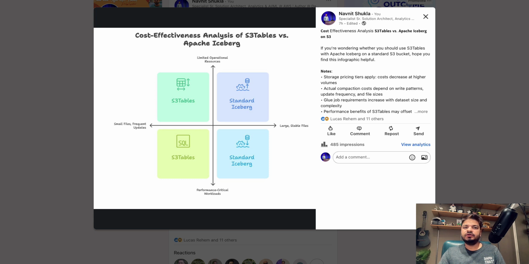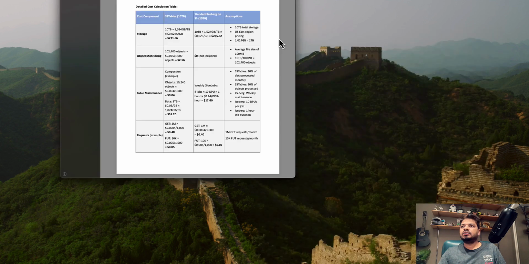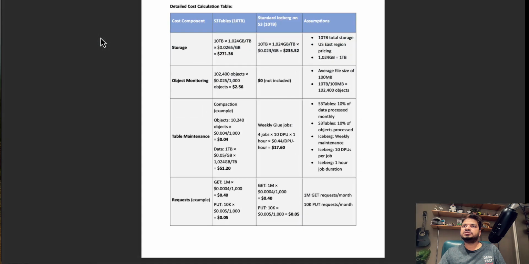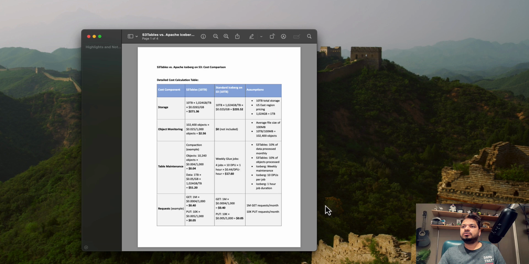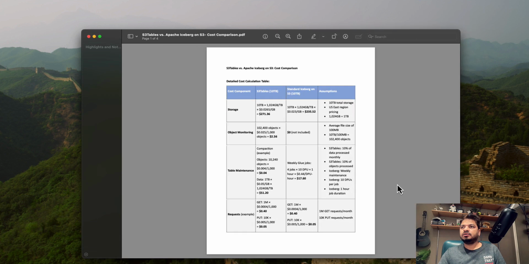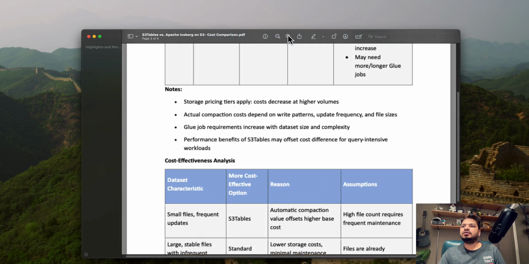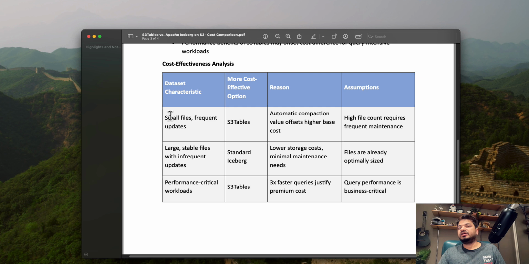This is the PDF file which I have created, comparing 10 terabytes of data for price performance. Let me increase the size here. But yeah, if you have small files with very frequent updates,